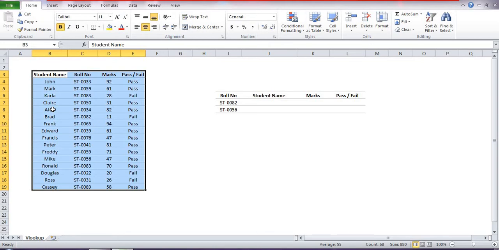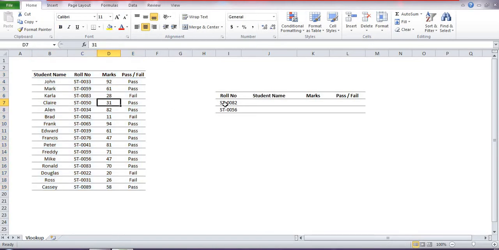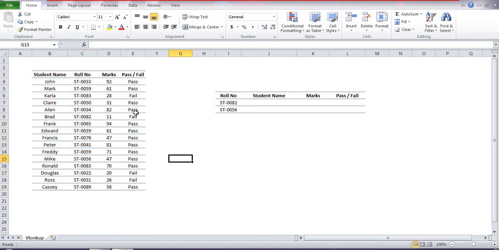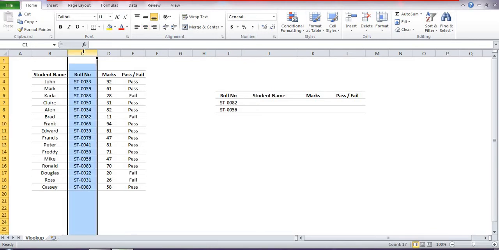But the first thing that we'll need to change here, this is my lookup value, right? This is what I'll be looking up in my main table, or the table which has all the data, which is this one, right? I need to ensure that the column that contains these lookup values in my main table always has to be the first column, which means I'll need to cut this column and bring it here